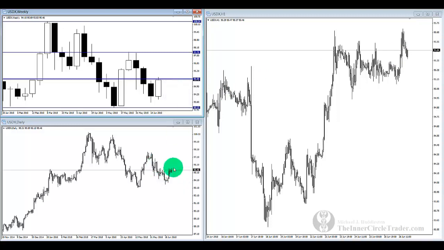Same thing down here, 95.46. We don't need to see every single level on our executable time frame, because if you have this overview workspace idea,